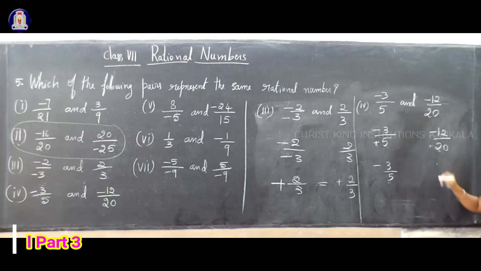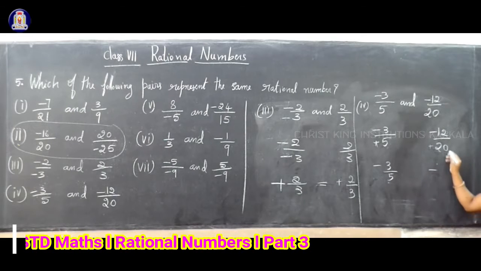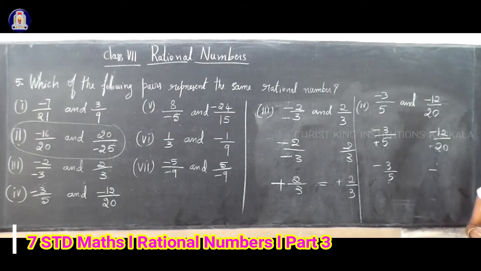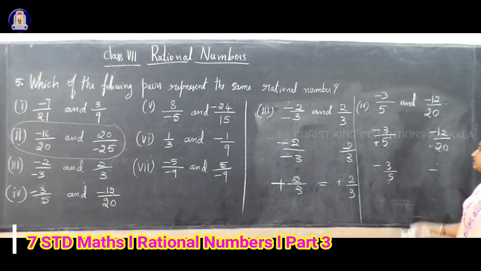The denominator is plus, the numerator is minus, so plus minus gives minus. Now 12 and 20 are divisible by the same number. 12 and 20 are divisible by the 4 table, isn't it? Even 2 divides, but you can directly divide by the larger number, that is 4. 4 how much is 12? 4 threes are 12. Is it correct? Yes. And 4 how much is 20? 4 fives are 20.